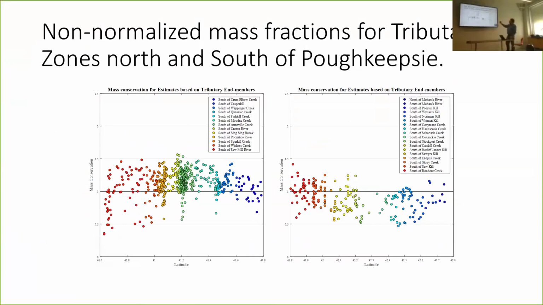In general, we normalized everything, so those F's had to sum to 1. But one thing I did as I was examining this data, so this would be the mass balance: when you impose that the fractions have to sum to 1, they're all going to come on this line. But if you let that wander, we see an interesting feature where we're under predicting the mass upriver, and we're over 1